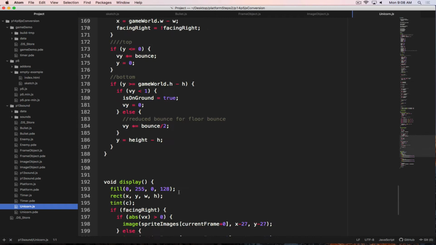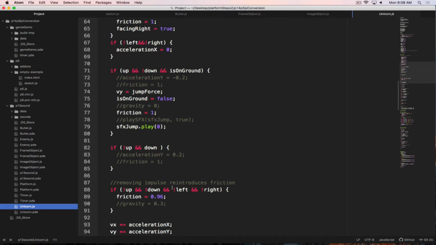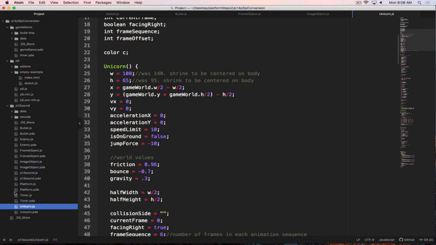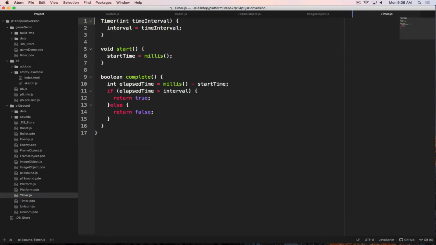I really don't want to dig into this one quite yet. As you can see, I'm going to have to put in the word this a gazillion times into the enemy, into the unicorn and stuff. So we're trying to take care of the easy ones first. Now, when I look at the timer here, this process is going to be pretty much the same for almost all of our classes as we migrate them, is I can get rid of that,